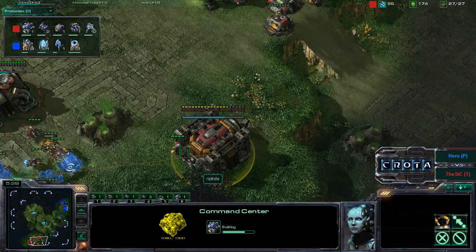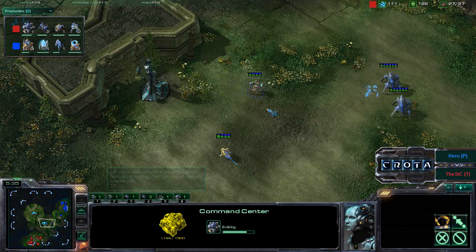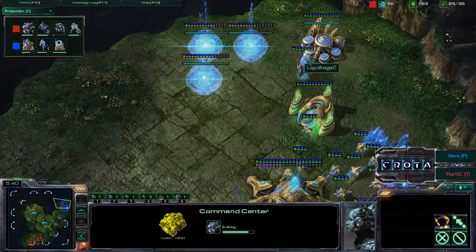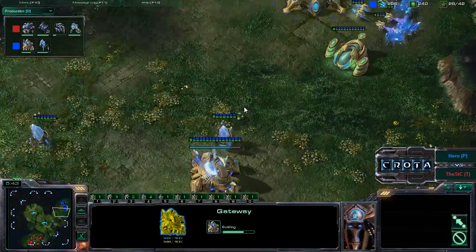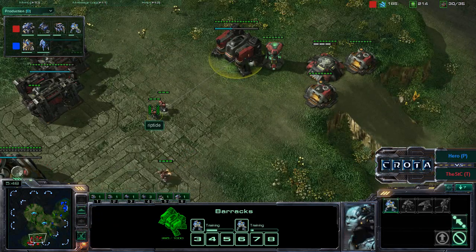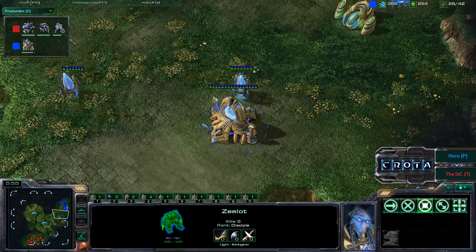But then it does have to fly a much longer distance in order to get to its final destination. 3 gateways now being warped in as well. And there is currently no robotics facility, so it may just be your standard 4-gate push. A lot of Marines currently being trained, but if there is a decent number of sentries, I believe that Hero